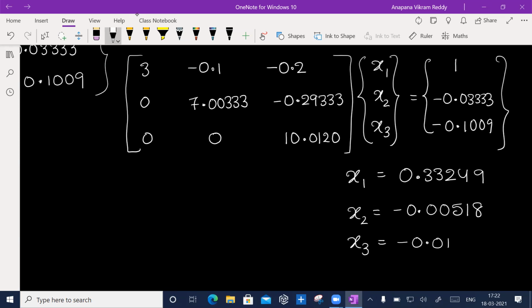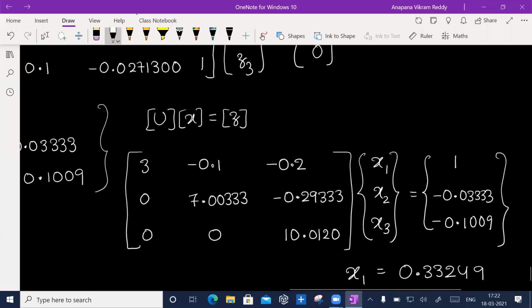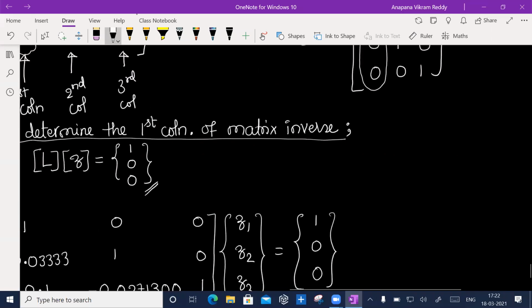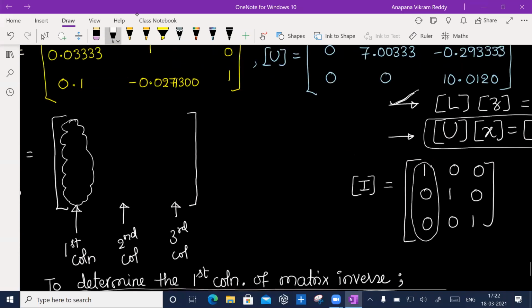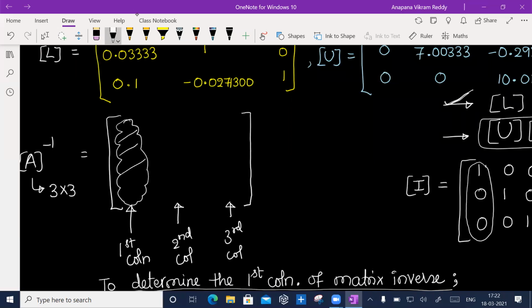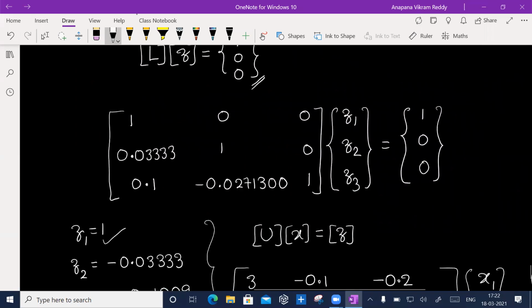Okay, minus 0.0100. Okay, 77. I will take some 78. Okay, leave it. You will get so many right after that. So I'll take some 7, 8, or whatever you want. You can take 8. 8 also you can take approximately. Okay. So you know what is this? Now you go up all the way. Now you have to replace this, that x1, x2, x3 in the very first column here. That's it. Okay, so now we found out A inverse.